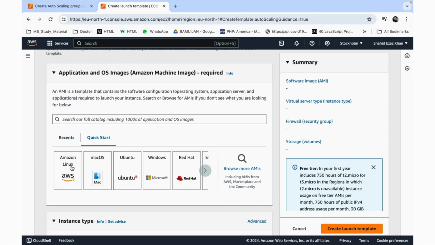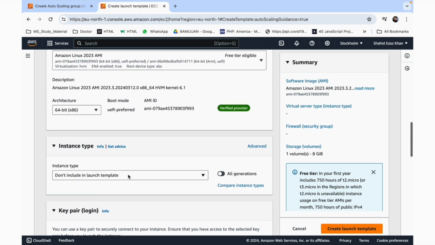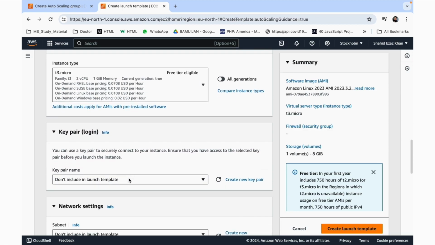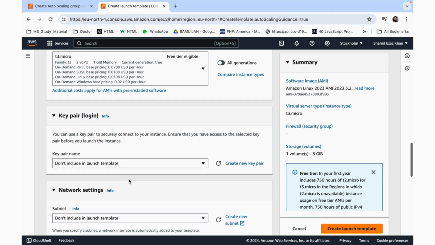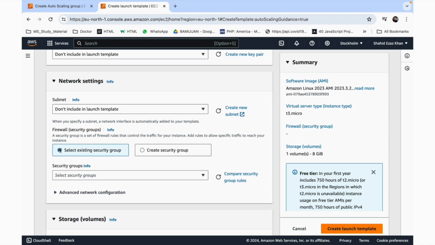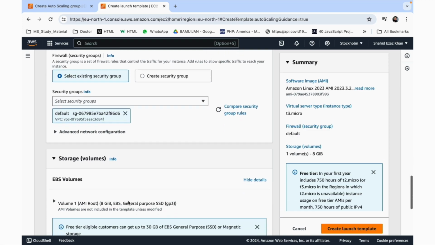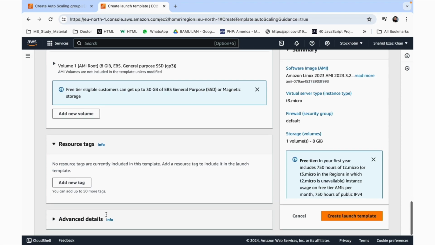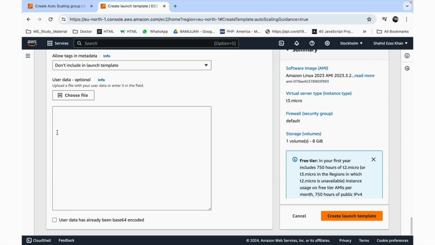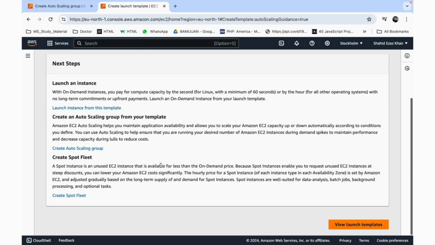Now quick start, Amazon Linux, and the architecture will remain the same by default. For instance type, you have to take the free tier one. Keep your login, and don't include any launch template. In this also, by default there are some security groups, so I'll take that one. In the advanced details you can even put all the description here, but let's create a template right now